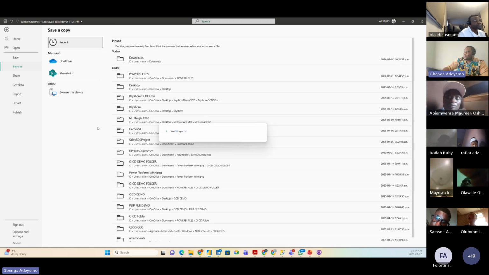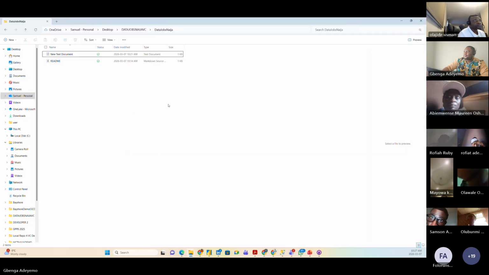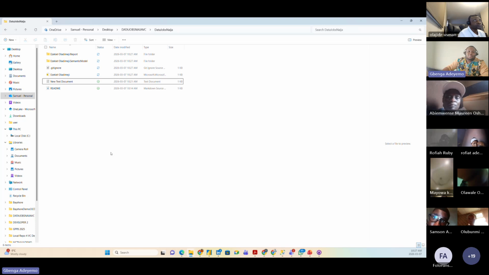So let's open that folder. You see now, when you saved as PBIP, the Power BI project file, you see folders, and the PBIP file itself is what you are seeing here, right? When you open this folder, what you are seeing here is what's called